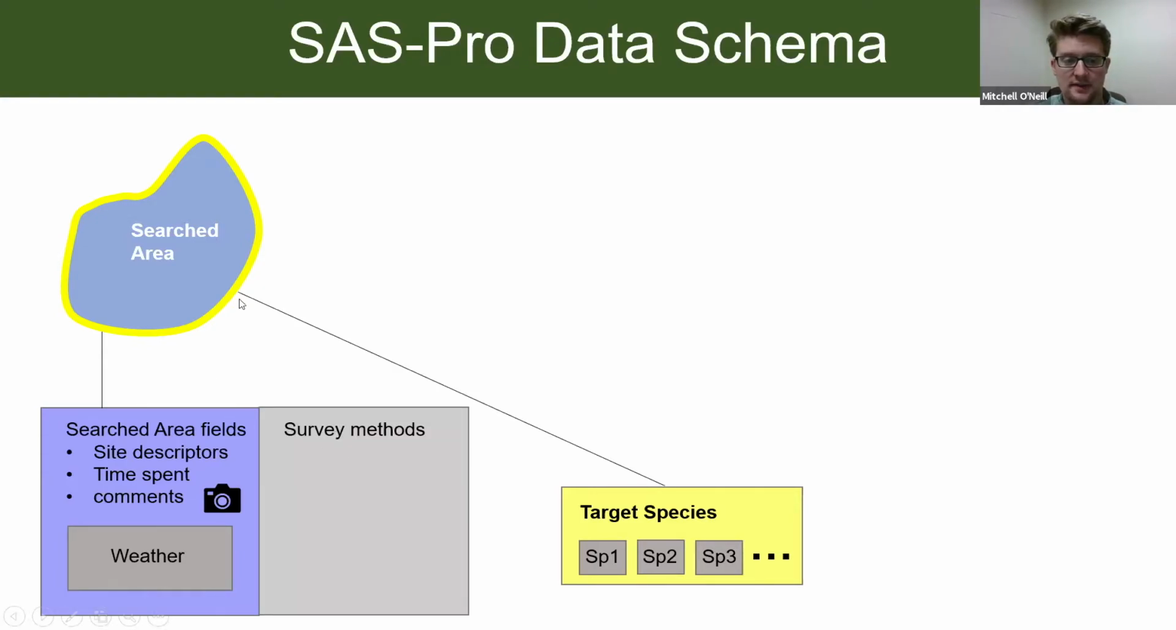All right, and then so you have your searched area, your target species list. The next thing is to select what survey methods you're using. So there's a general question about top versus underwater versus shoreline surveys. And then there's the more specific survey methods. And I'm going to focus on the rake toss. So if you select rake toss in the survey,